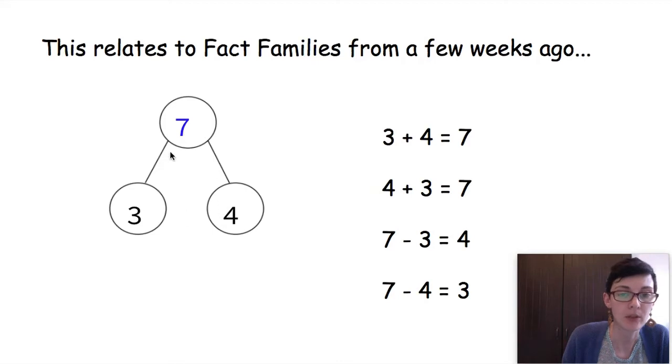But it also helps us to see that it doesn't matter which way round these go. So we can also do 4 plus 3 equals 7, because they still equal the same whole. It can also help us to see